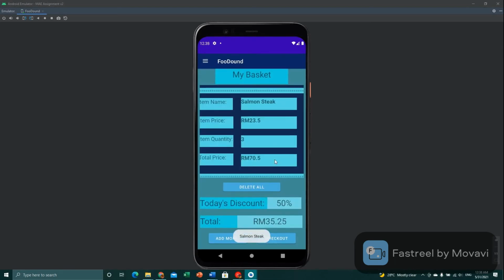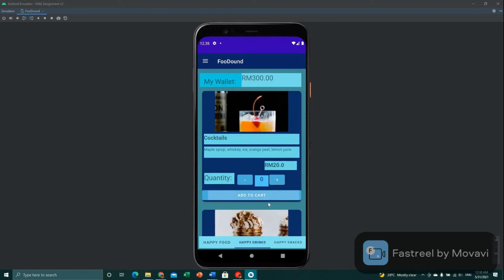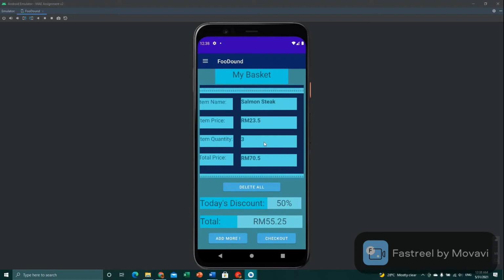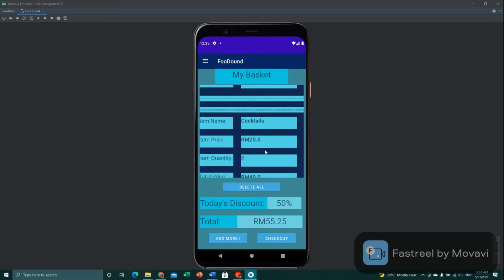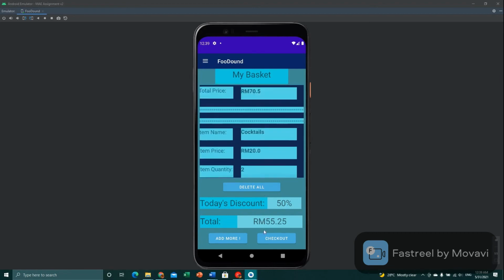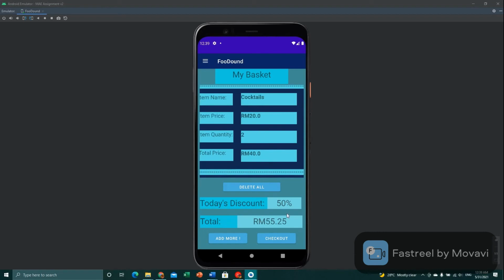So I just simply add some food inside, and it will show that, instead of letting the user enter the discount code in the basket section, I have straight away mentioned today's discount code, how many percentage will be deducted from the total price. For example, I already said that today's discount is 50% of the purchase amount of the food item. So it will then deduct 50% of the total price, which currently is 55 and